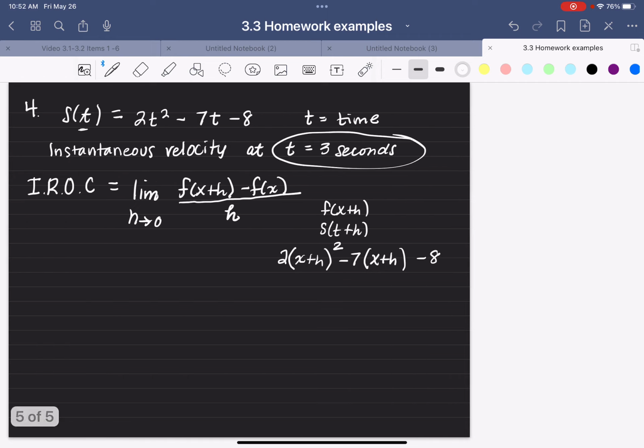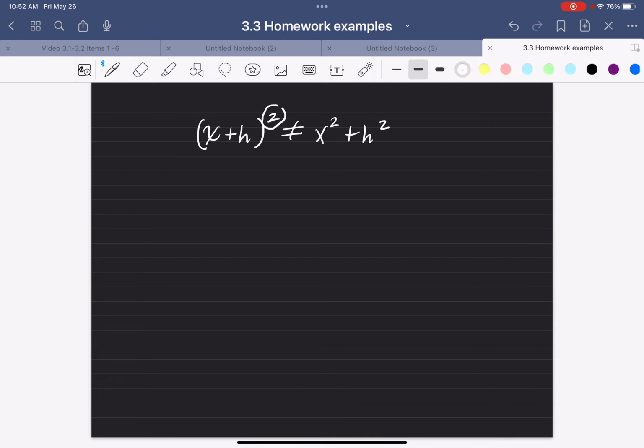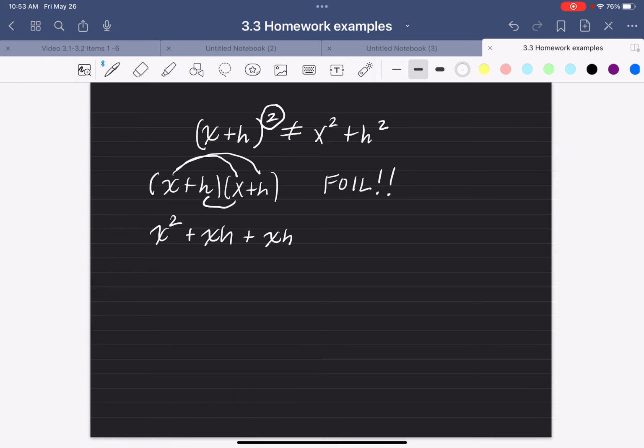Now, the tricky part here is this (x plus h) squared. It's the thing that folks tend to miss. This is not x squared plus h squared. This exponent, this 2, means you need x plus h twice, and that means that you need to use a full FOIL rule. So it's x squared, that's my first, plus xh, that's my outer, plus xh, that's my inner,